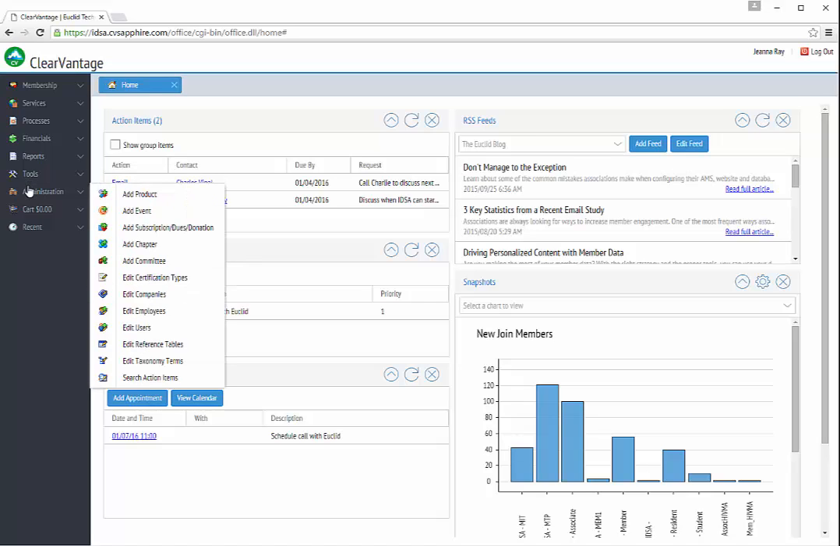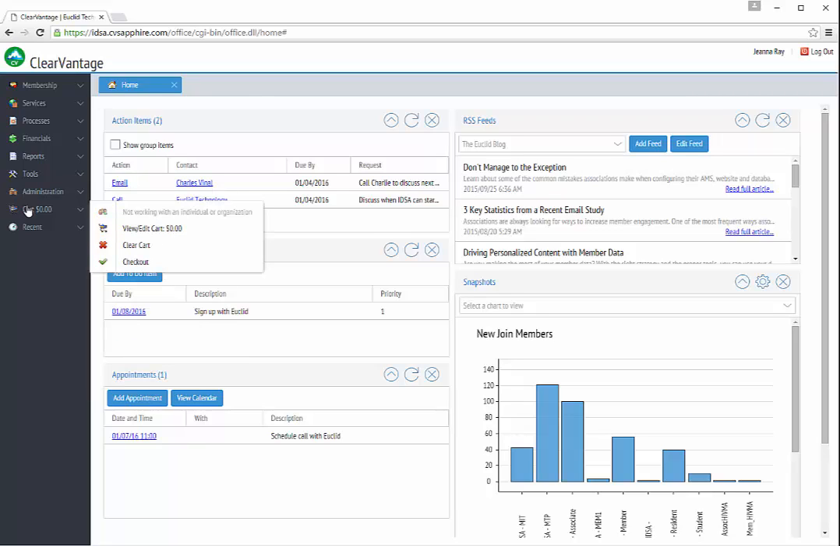Administration, just like you can in ClearVantage Desktop: add products, add committees, edit employees, add new users, etc. While you're working with somebody, right now I'm not working with anybody, I just logged in, but if I was working with somebody and had some things in his or her cart, such as memberships or products or events, that